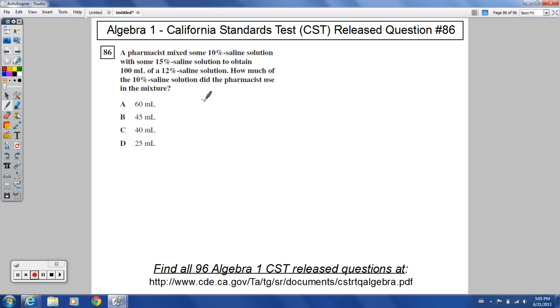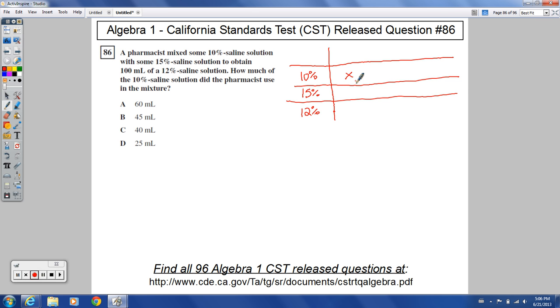So I want to set up a table for this like this, where I think about it in this way. I'm going to have my 10% solution here, my 15% solution here, and then my 12% will be here. And we'll say that we started off with X amount of the 10% solution, Y amount of the 15%. These are going to be different amounts most likely, so we'll call it Y. So X and Y, and then what did we have for the 12% solution? We have 100 milliliters. So this is the milliliters, and then over here we're going to have the amount of